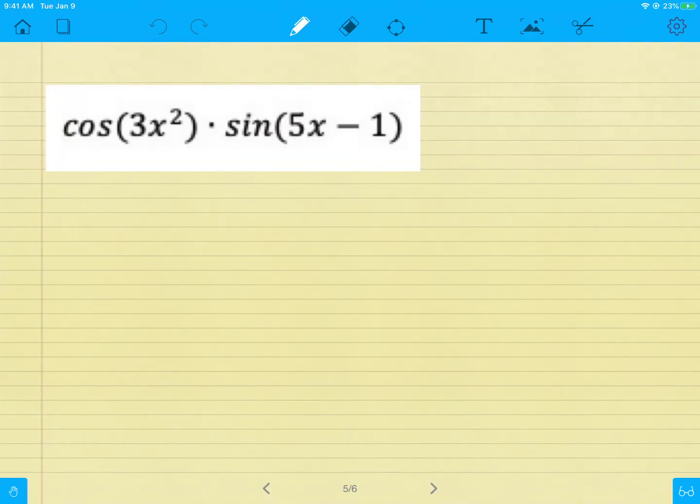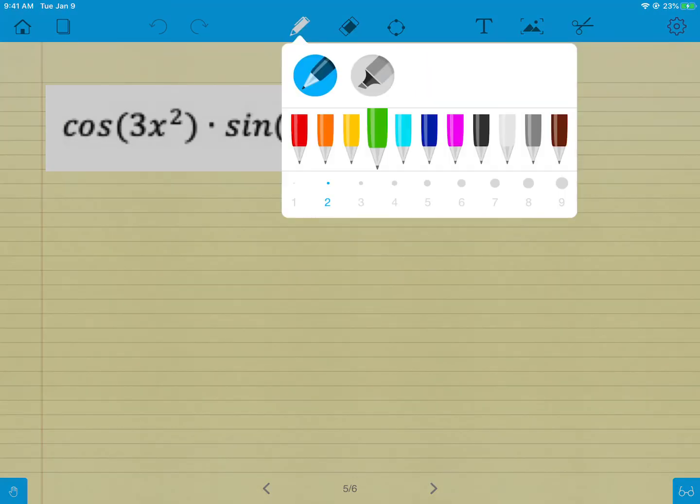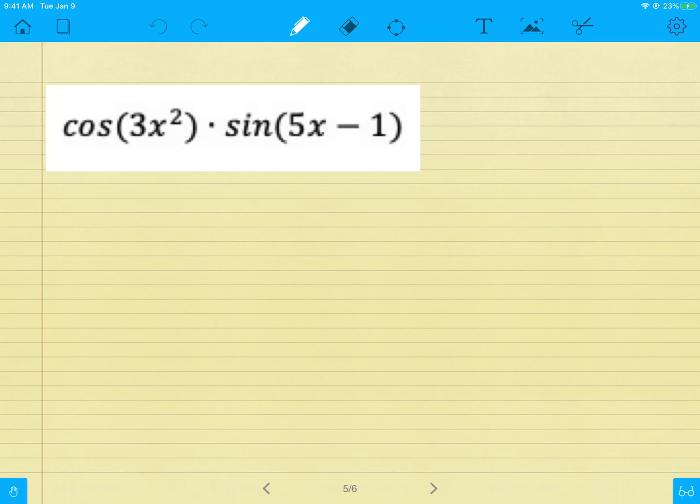Now, this is a product rule again, but I picked kind of a more difficult-looking one. Let's switch up the color here. All right, so on a product rule, derivative of the front, so that would be a negative sine 3x squared times the derivative of the inside of the parenthesis, which is 6x. So that's the derivative of the front times the second